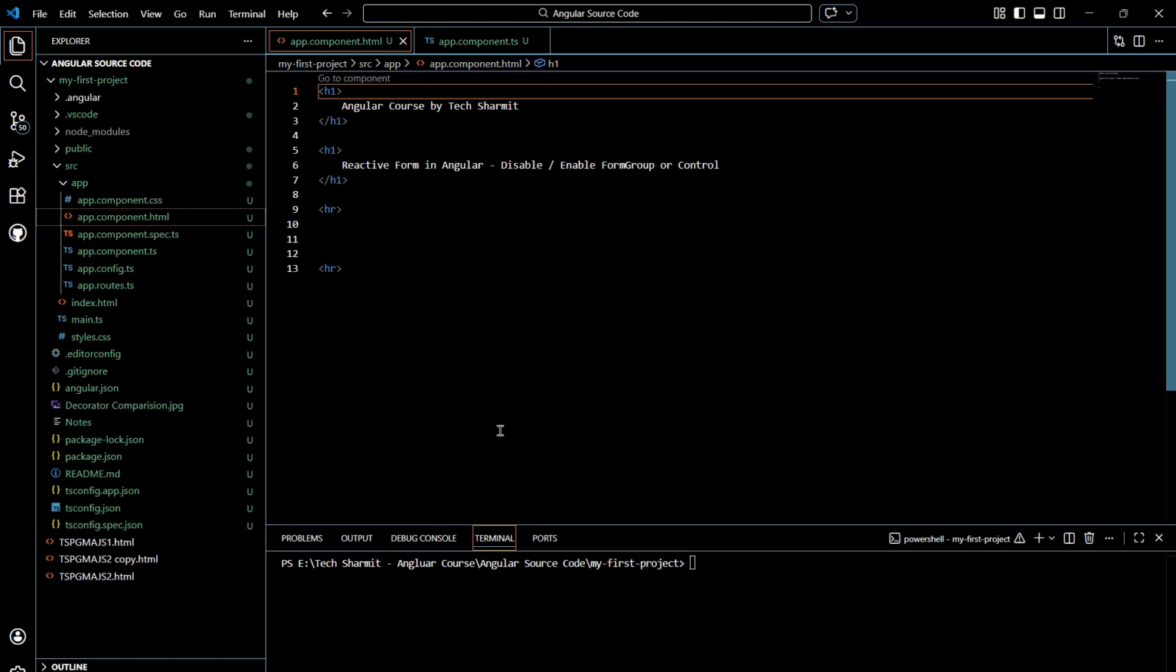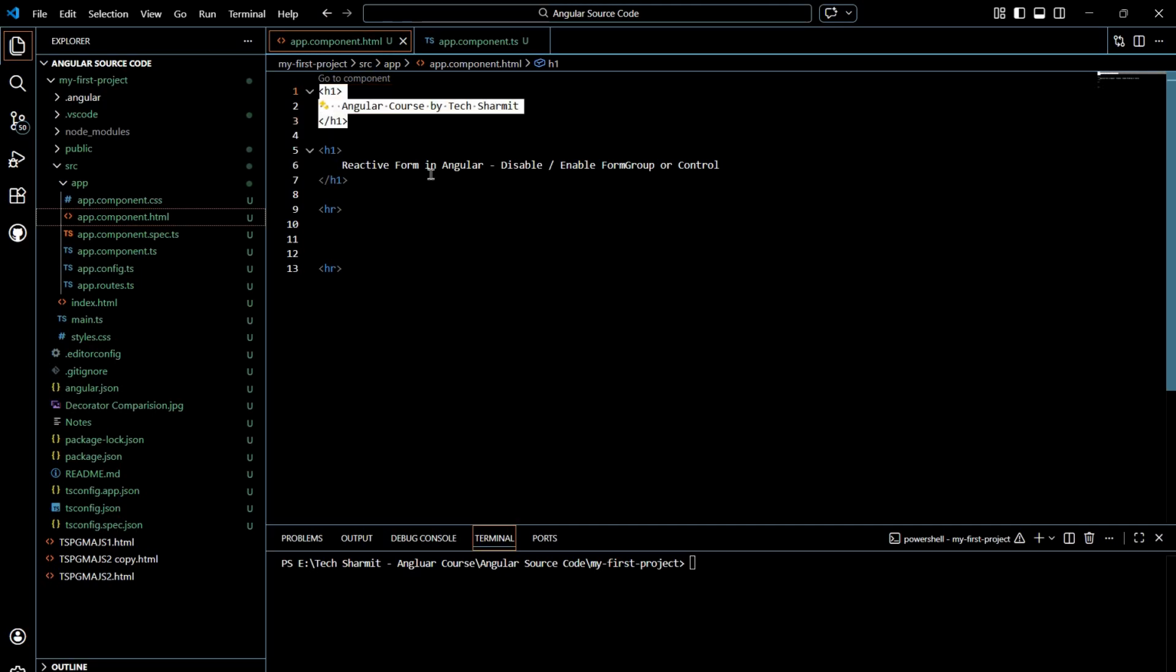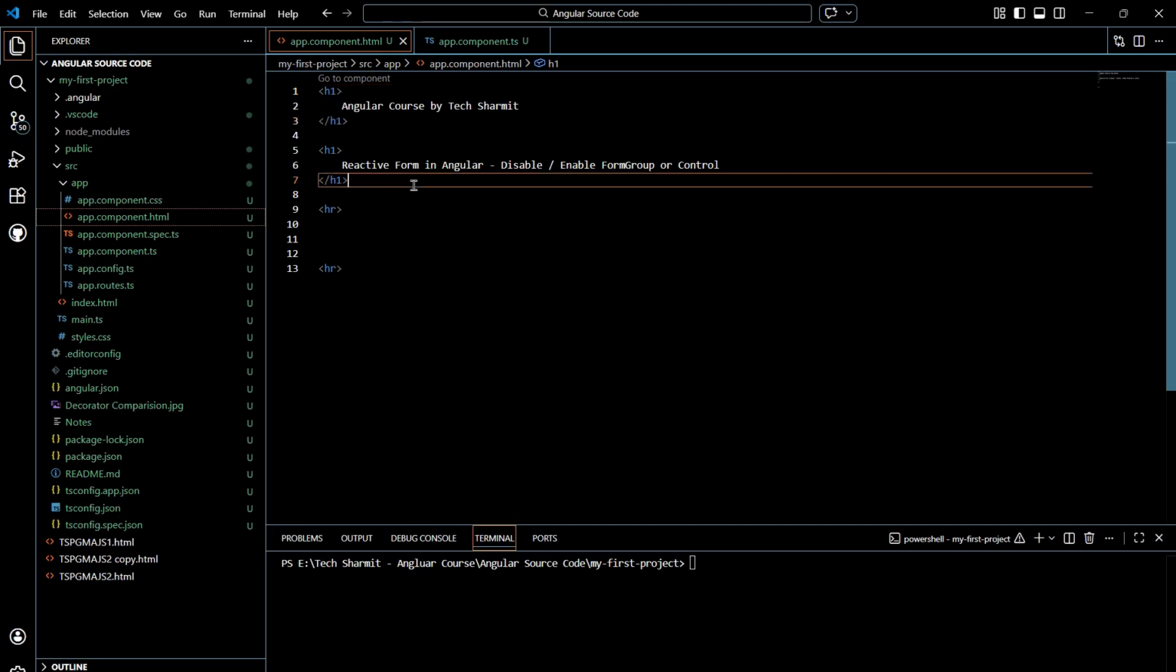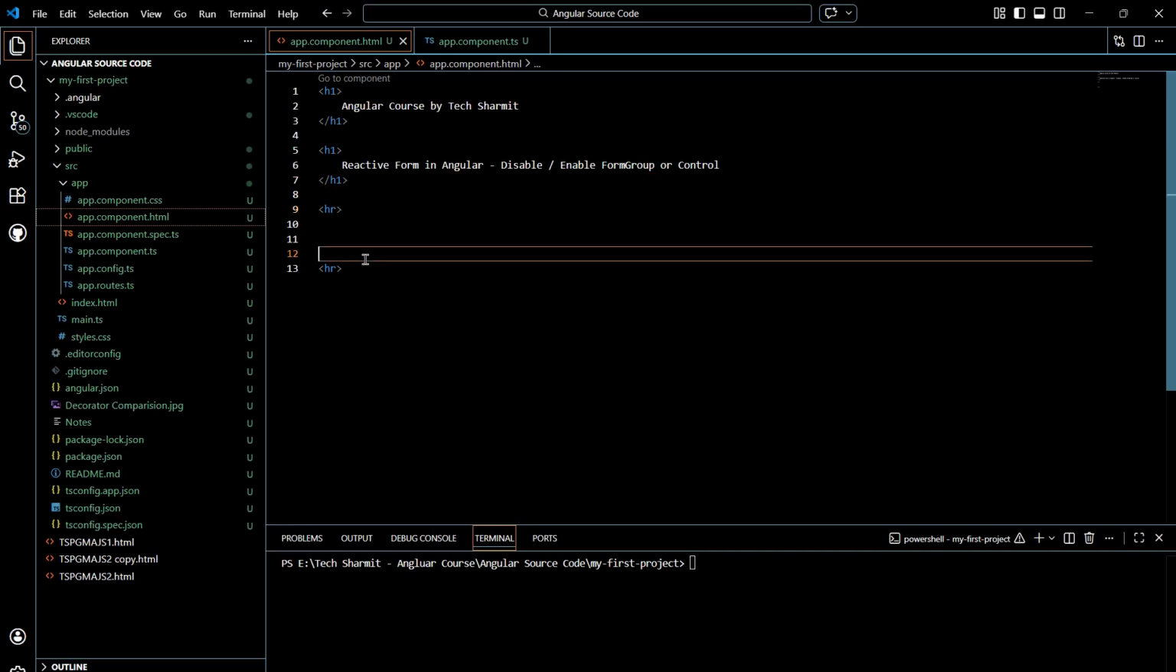Here you can see we have one main file, that is the app.component.html file, where I have noted down some headings. The first heading shows Angular codes by Sharmit, and the second one shows reactive form in Angular, disable enable form group or control. Then we have two horizontal rows. In between these two horizontal rows, we will define our